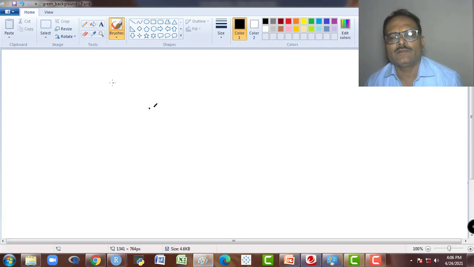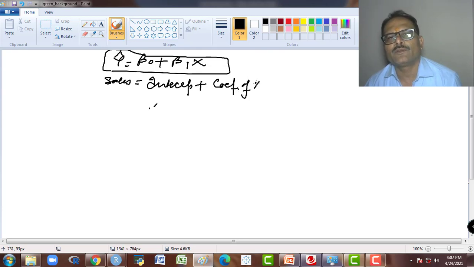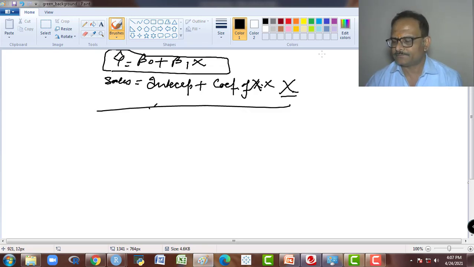We know that sales, or y cap, is equal to beta 0 plus beta 1 x. Okay, this is our equation. So sales is equal to whatever intercept we get plus the coefficient of x into x. So this we will get there.